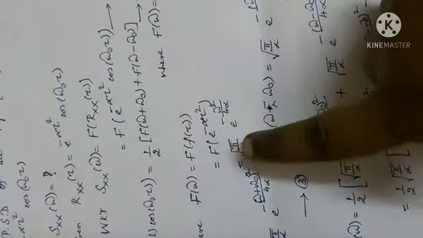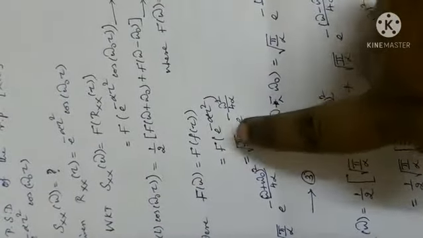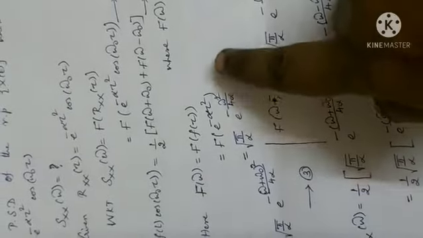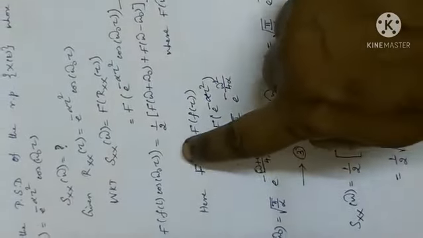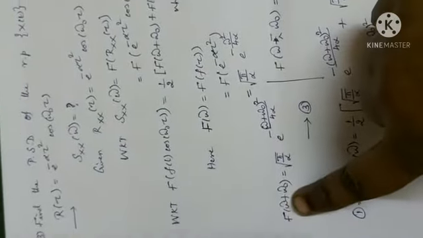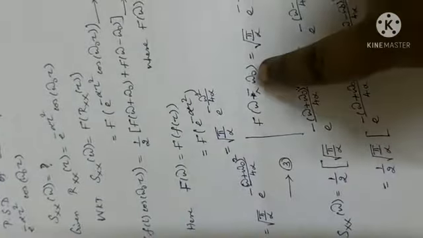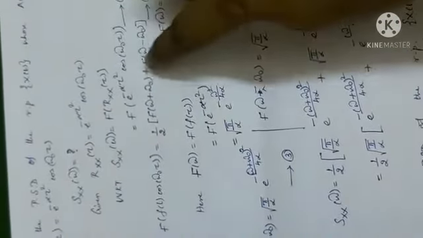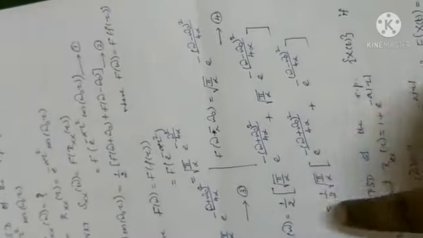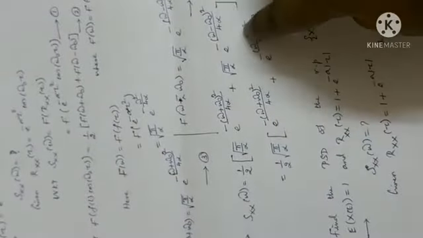Just now we had done the problem and we got the answer: root of pi by alpha into e power minus omega square by 4 alpha. Once you know F of omega, replace omega by omega plus omega naught on one side, and omega minus omega naught on the other side. Substitute these two in the formula, you will get the answer, okay? Take the common term if you want, which will complete the problem, okay? Very easy. Once you practice, it becomes very easy, okay?